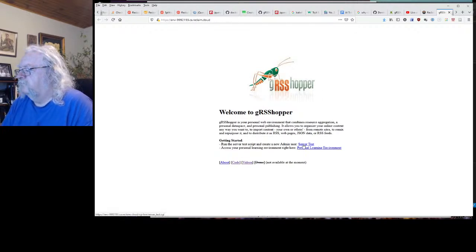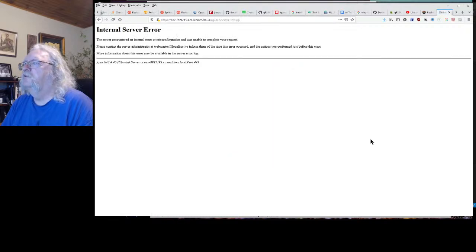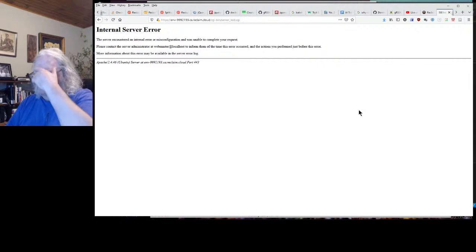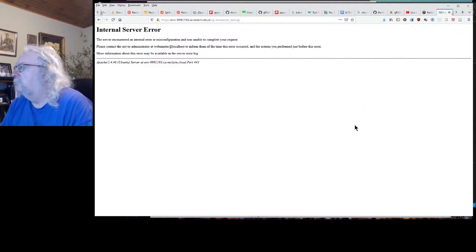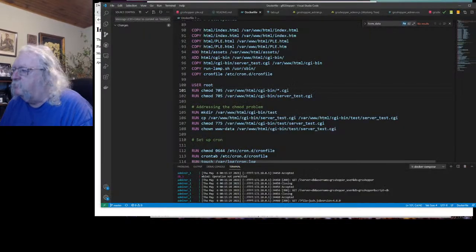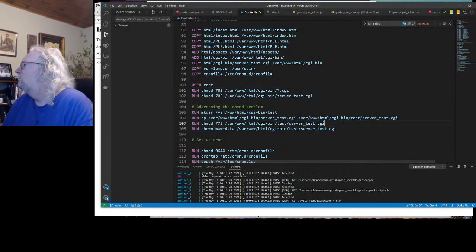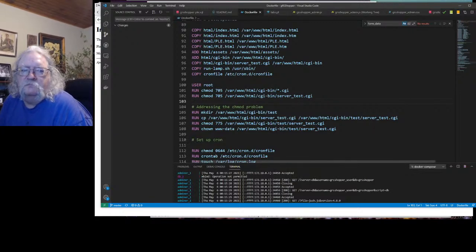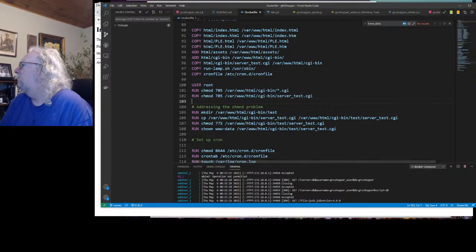Now, still an error. Crap. That means the chmod thing still didn't work. And what really bothers me is it used to work. It used to work just fine, and then it stopped working. So, and what we'll find is that these permissions haven't changed. So let's